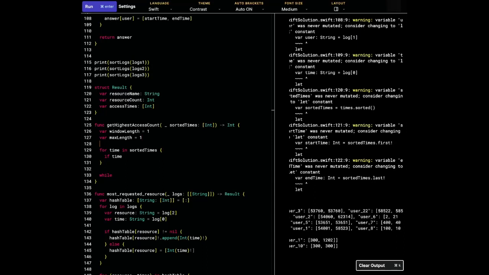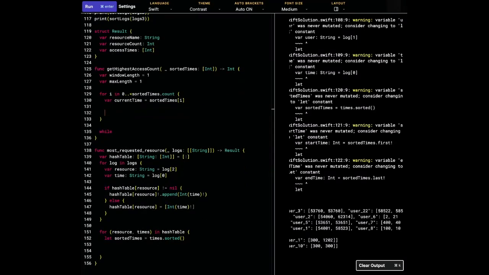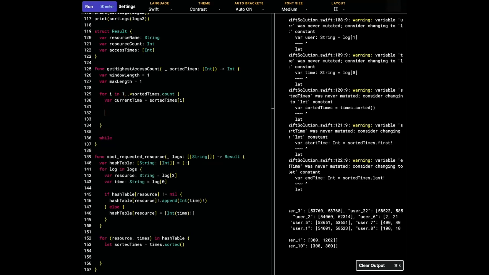And so for each sorted time then, for each i in 1 to sorted times count, going through it, and then our variable is, so I have a current time starting at 1, and